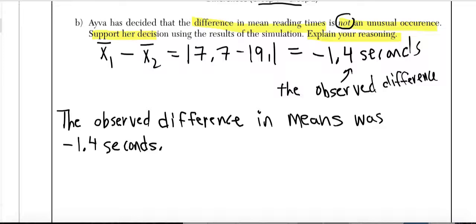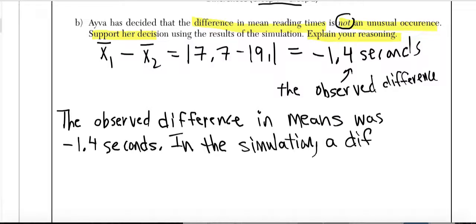And we'll just say that in the simulation, because they want us to base on simulation, right? A difference of negative 1.4 seconds